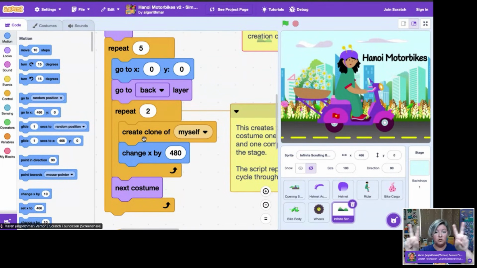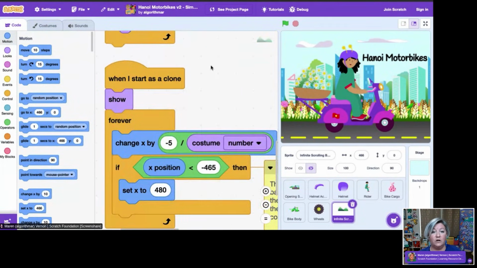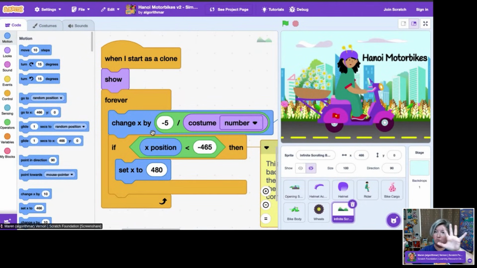So I have 2 copies essentially of each of these costume drawings, and they follow each other. One's centered on the screen, and one's all the way off to the right side of the stage. Then those clones are set to change X. So move along the X axis at a certain pace. In this case, by -5, I'm moving from right to left.